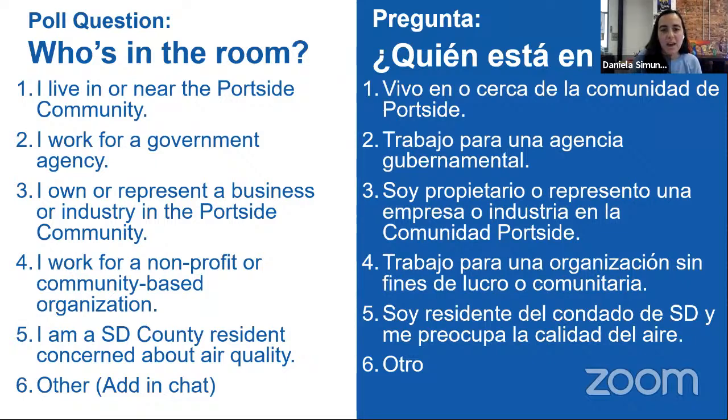So it looks like we have a good amount of government agency staff with us this afternoon, and some residents from the Portside community, also folks who represent community-based organizations, as well as residents of the general city of San Diego who are worried and interested about air quality, and a few folks that are others. So thank you all for sharing. And then